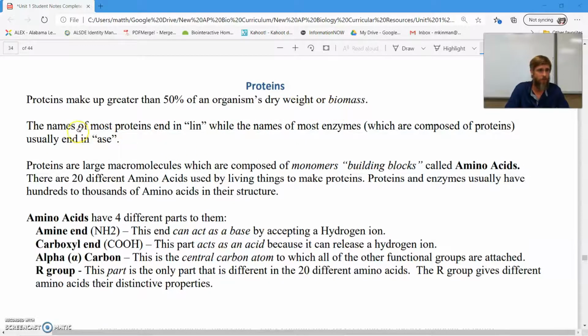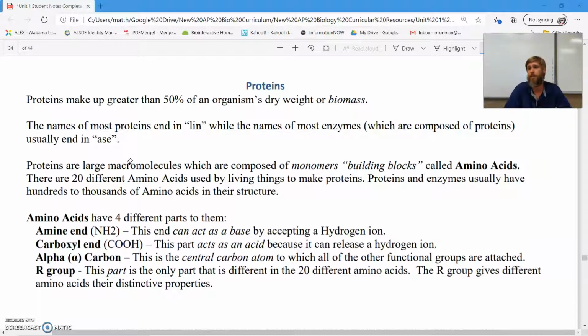biomass. The names of most proteins end in "lin," while the names of most enzymes, which are composed of proteins, usually end in "ase." A way that I like to think about enzymes is as proteins that do work. All right, and so if you see a word that ends with "ase," you know we're talking about an enzyme. If you see a word that ends with an "in" or a "lin," there's a protein, like penicillin, amoxicillin. What are those? Those are